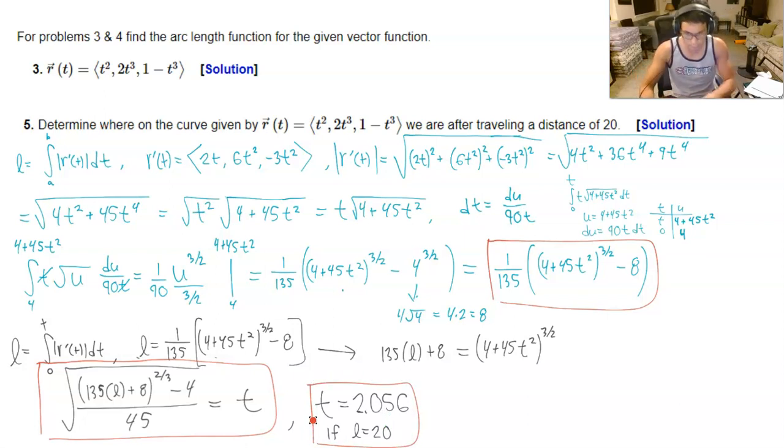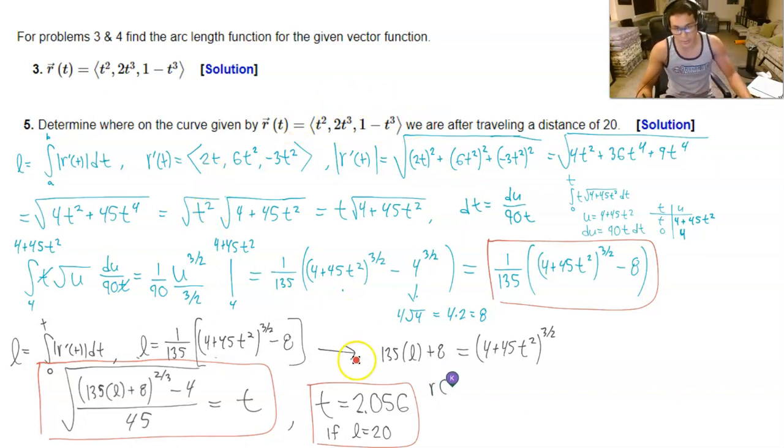Okay, we got one more thing we want to do. Now we're going to read the question. Determine where on the curve. Now this is the curve, right? So we know on the arc, the length is 20, and it takes us 2.05 seconds to get there. But we're on the curve. So what we do is we're going to do r of